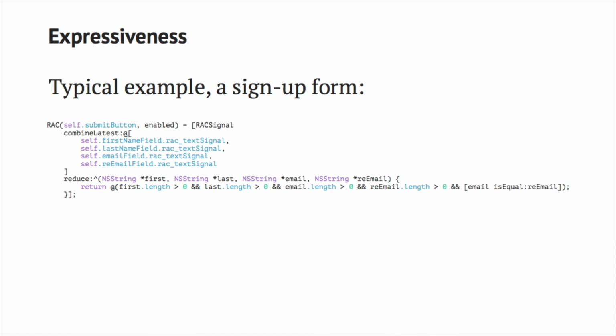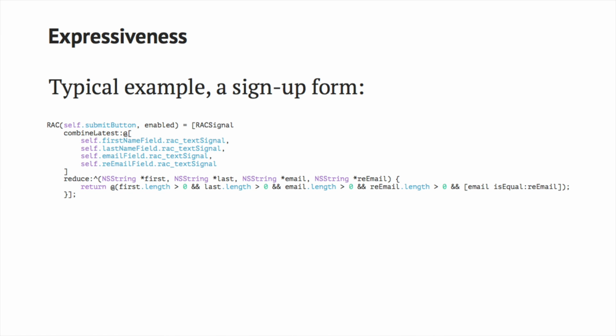Up here, there's this macro. It's called rack. It's kind of not the greatest macro name, but don't be afraid of macros. This one is just named poorly. And so we've got a submit button, and it has the enabled property. What this does is an implicit subscription, where as those signals change and as they get filtered through this reduction block, we get a Boolean. And that sets the enabled field on the submit button. So once all those fields are entered and the email addresses are identical, now your submit button is activated.